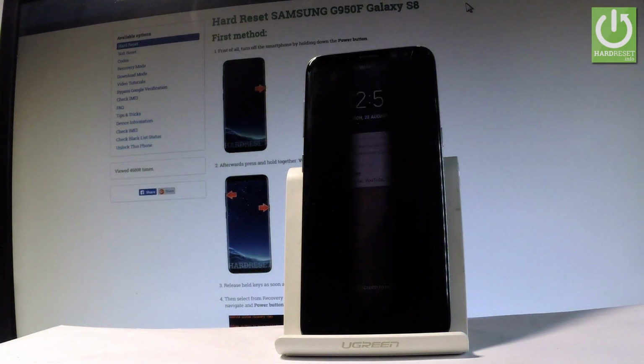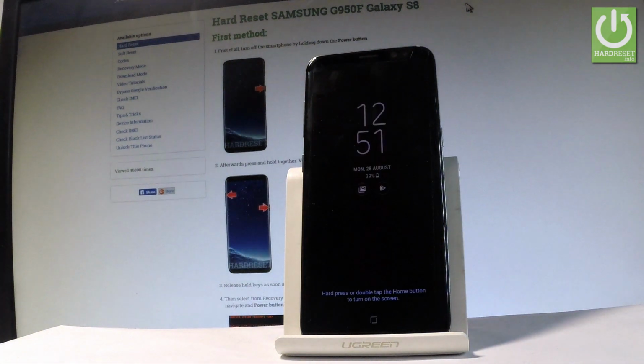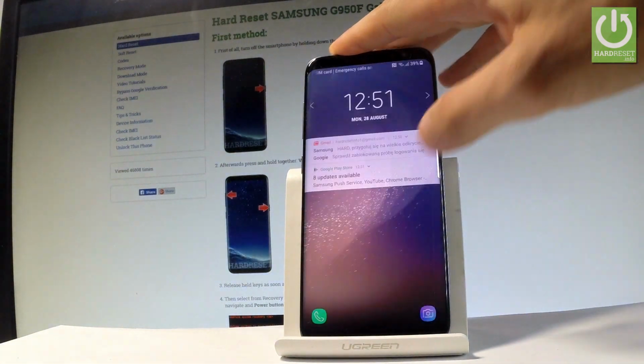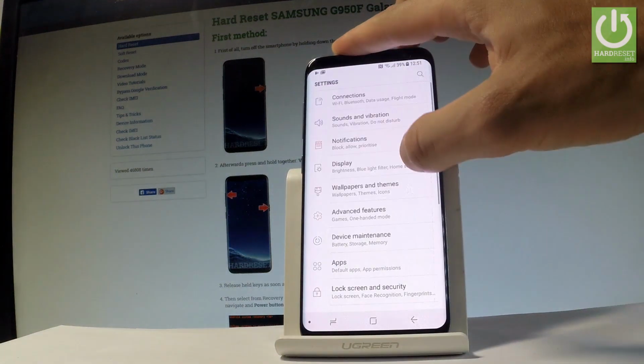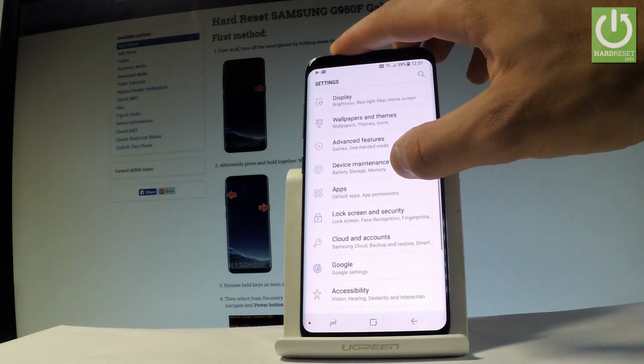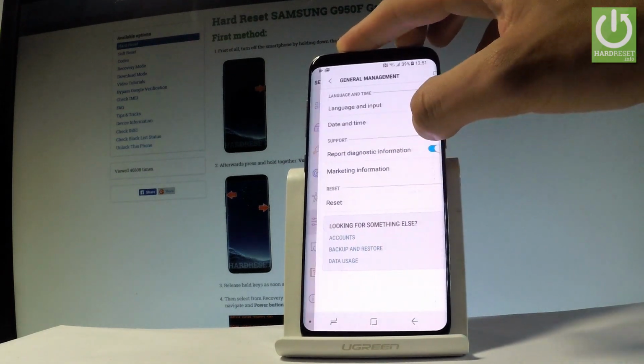Here I have Samsung Galaxy S8 and let me show you how to change language on the following device. So at the very beginning, let me unlock the screen. Let's open the list of all applications, choose settings, let me scroll down and let's choose the general management, select